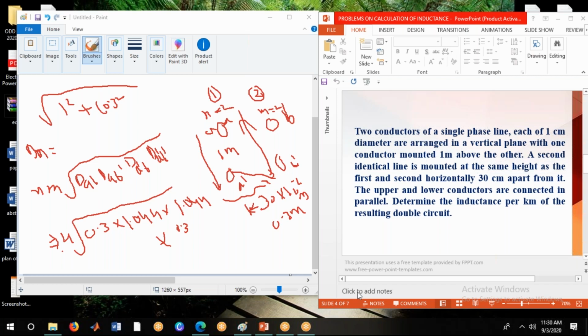So for DM, they're asking, it has two types of problems. When the conductors are placed in series, then we can go like what we discussed in the last problem, the first problem. So the first one, we should do it the way we found it out. Otherwise, when the two conductors are in parallel, we have to go like this. So there are two models. When all conductors are connected in series, we go for one method. If some conductors are in parallel, we go for this method. Then find out the value of DM.